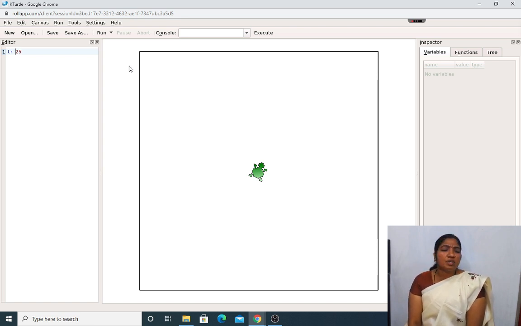This is very interesting, my dear students. You can just practice it. As you practice, you will gain more knowledge. And in the further 5th chapter, I will go into more on KTurtle programs. Okay, there you will have still more commands. But till then, what you have to do is just practice certain commands which I have taught in this session.